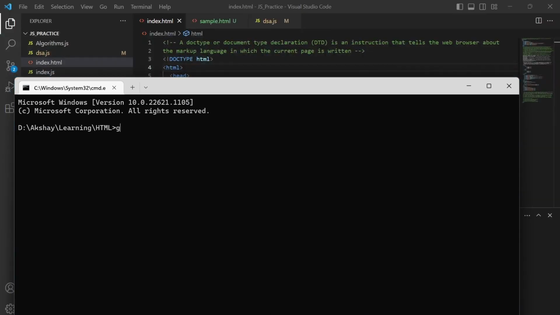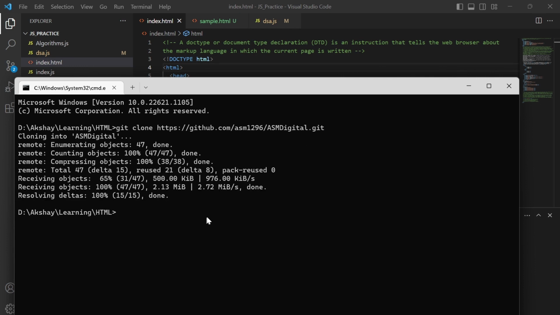To download it, I will run git clone and then this link, the HTTPS link of that remote repository. So what I am doing is taking a copy of my remote repository on the local machine. I will press enter, and this is done. I think because I have already logged in or authenticated, it directly gets cloned. Mostly it will ask for password authentication, meaning I just put the email ID but I didn't put the password.